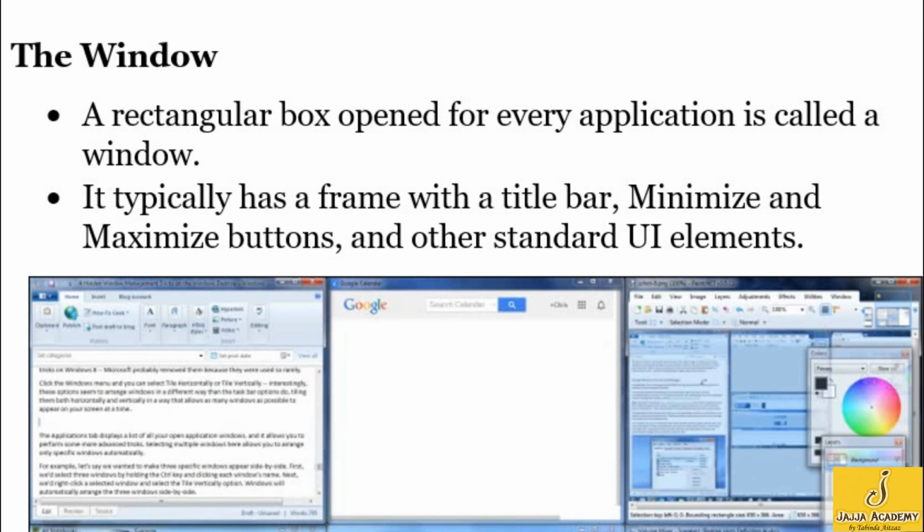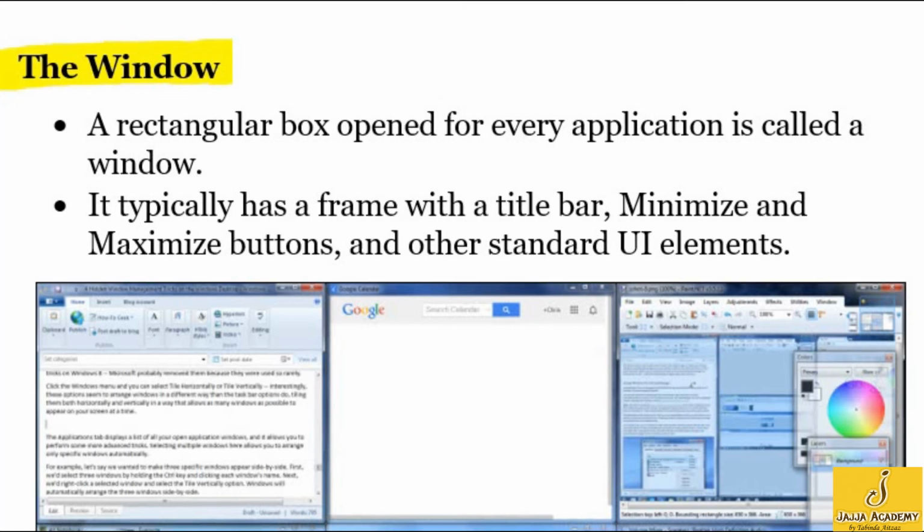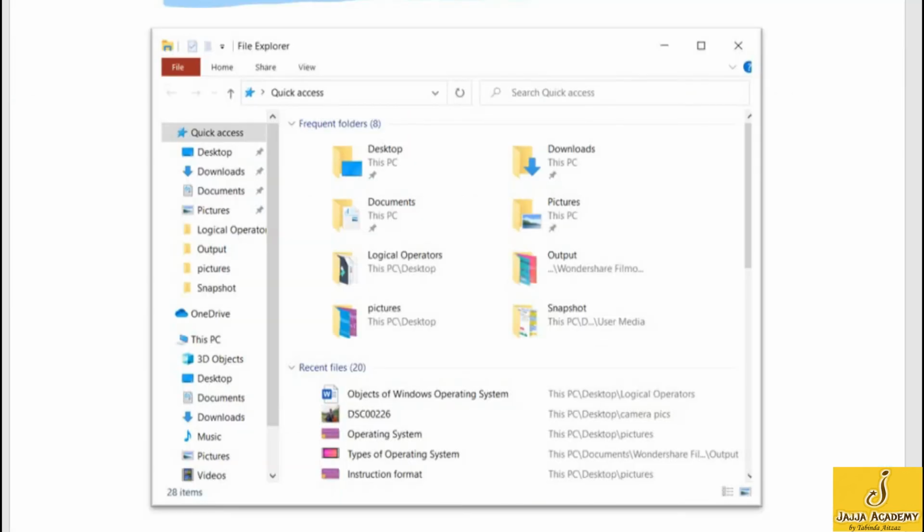The next object is the window. It is the very important and most commonly used object of Microsoft Windows. The window is a rectangular box that is open for every application is called a window. For example, this is a rectangular box and is called a window.